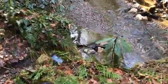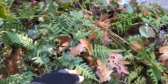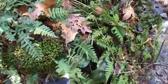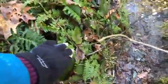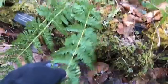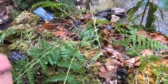Ooh, okay. So, in other programs, I have pointed out our Christmas ferns and said that they were the only fern that was present year-round. And as you can see, there are several ferns right here proving me terribly wrong, which I've noticed only because I've been preparing for these programs and trying to keep track of what's been changing in the garden. I am genuinely surprised that so many of these fancy ferns and rock ferns are still thriving